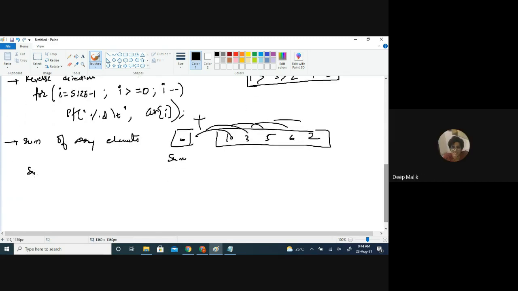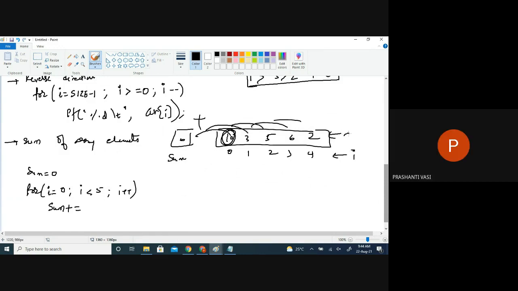We should initialize sum with 0, and for i equal to 0, i less than SIZE, i plus plus, and sum plus equal to ar of i. This i is to represent the index.